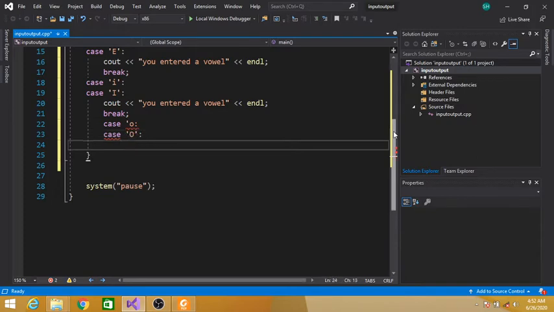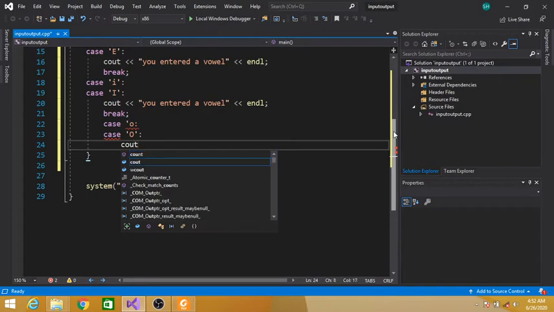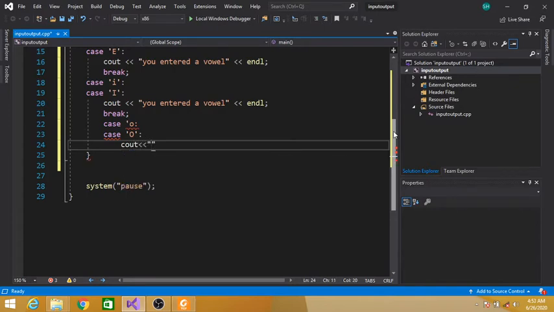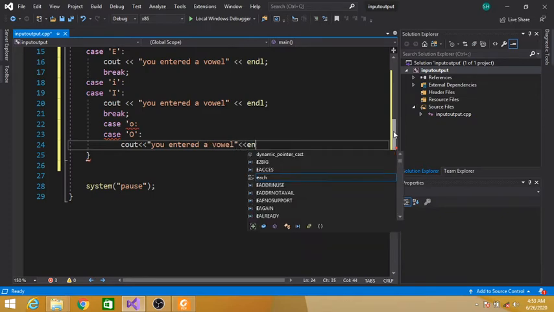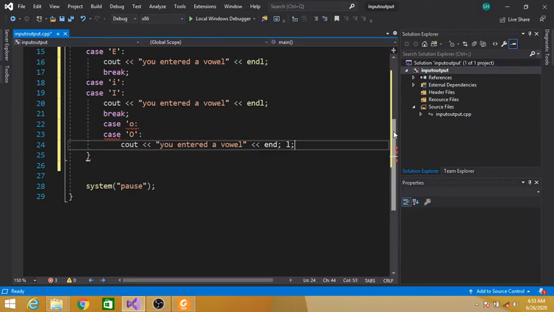Colon, cout, you entered a vowel, end of line.